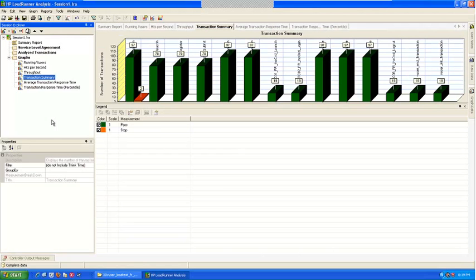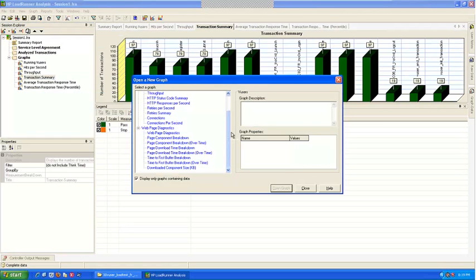Now when you are running the test, if you would have added the Windows resources, it would have come up here. When you say add graph, in the Windows resources, it would have come up here. So we could have seen the CPU utilization, memory utilization of the application. That didn't come up because we did not add that.